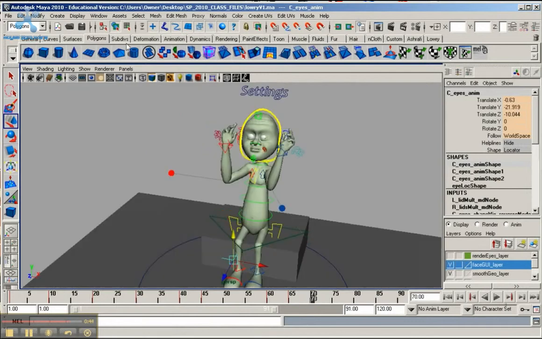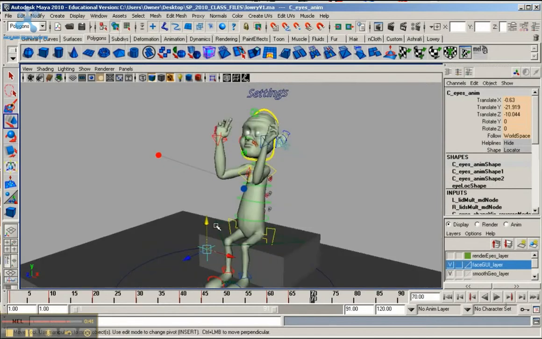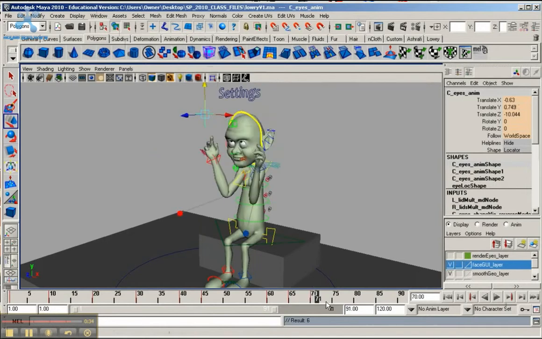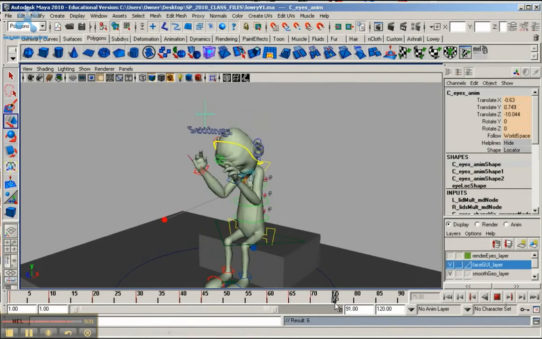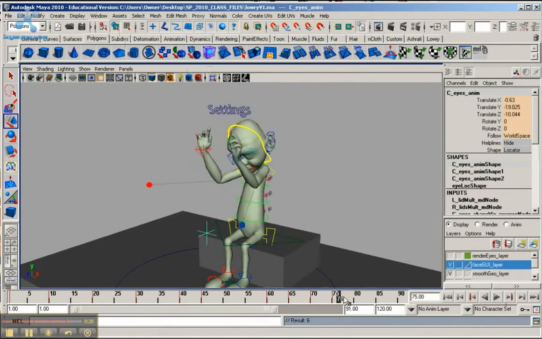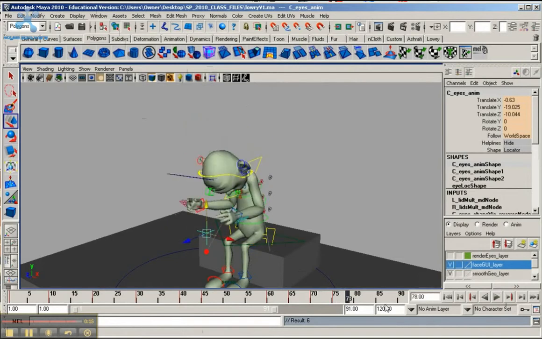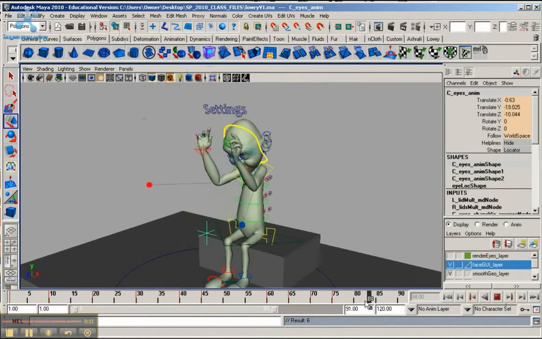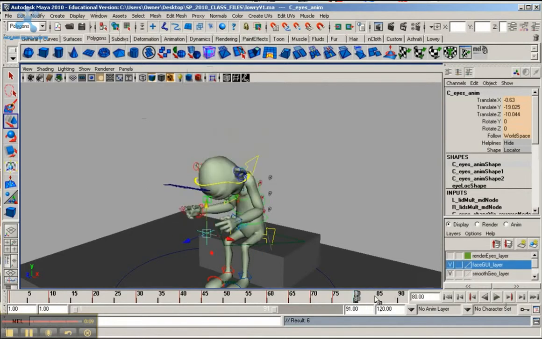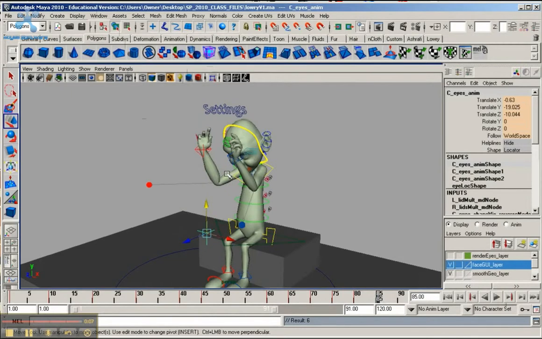So I'm just going to kind of bring it up here and just set certain key positions here. And around 75, just kind of bring this down a little bit. And it comes up again. And at 85, bring it up. And we'll continue finally in the